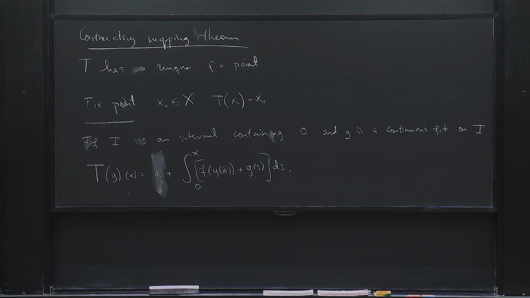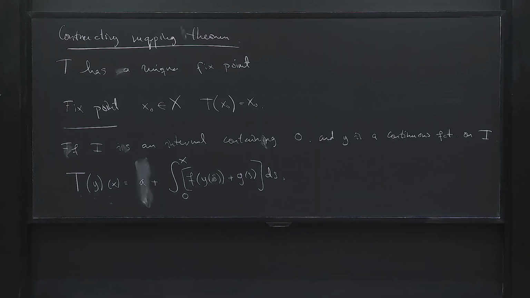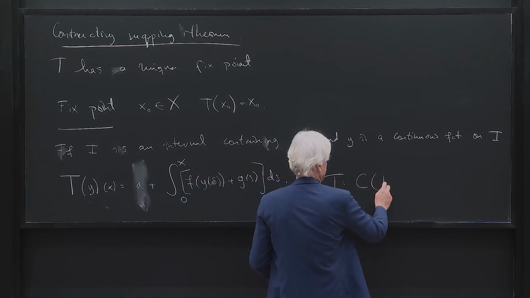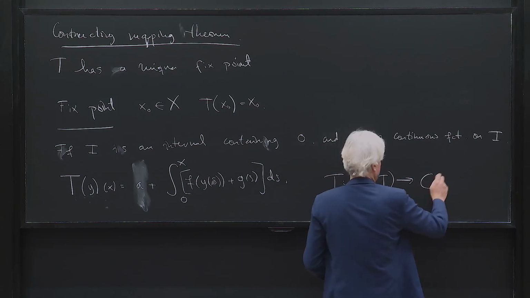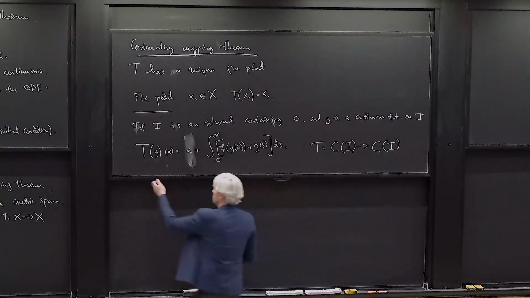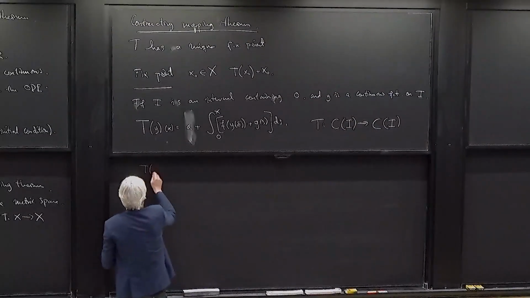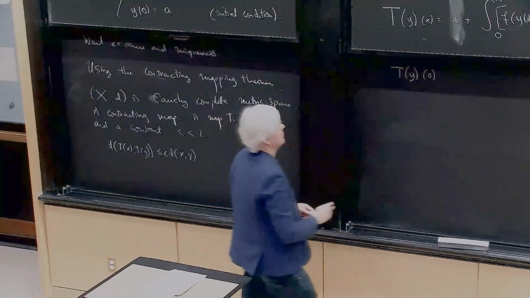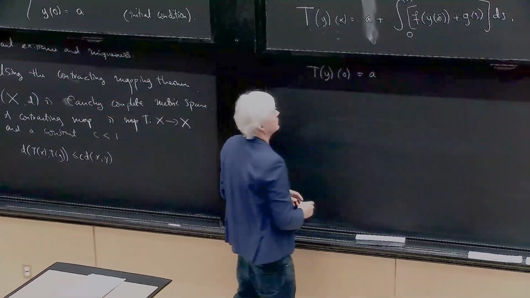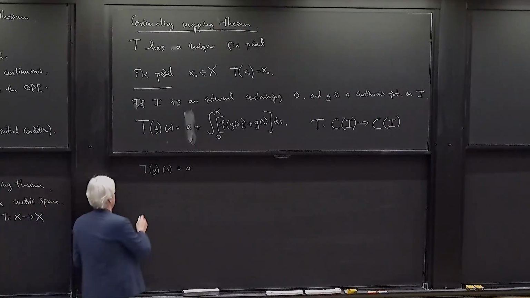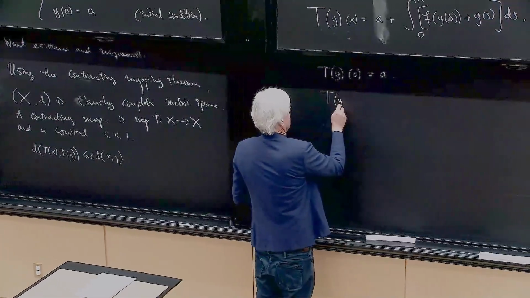And so this gives you a map from the continuous functions on this interval into the continuous functions on the interval. It also has the property that if you take a function and evaluate it at 0, then you get a. Okay? And now we observe that, in fact, the image here,